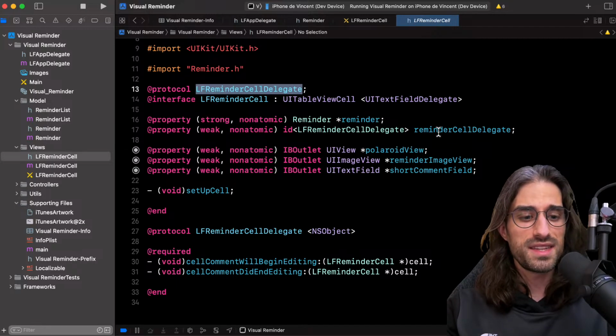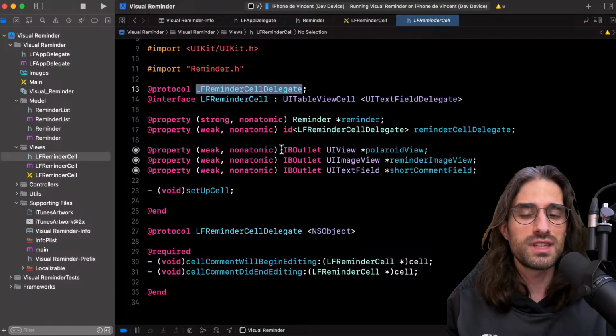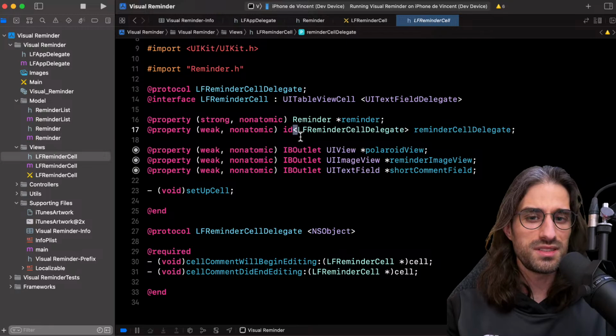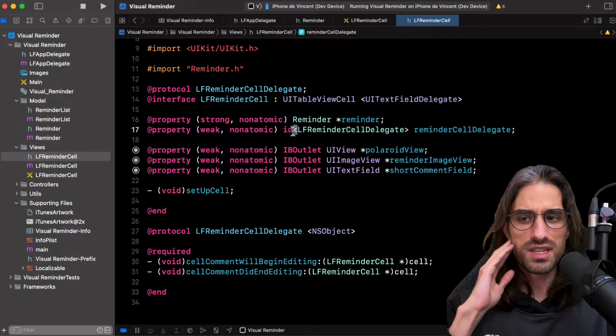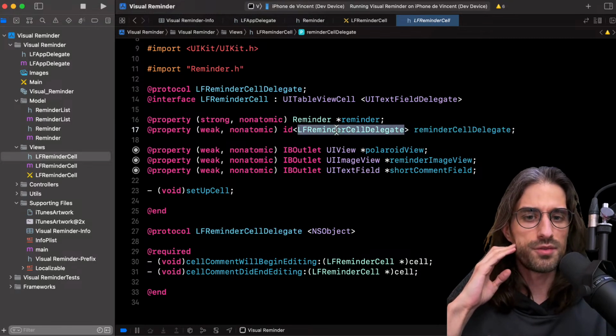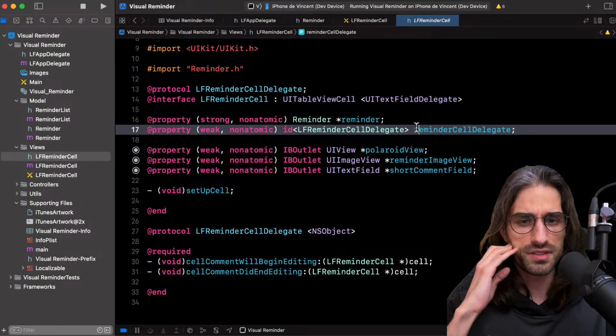So the protocol is, I guess, to say when something has changed inside the text field, or when something was deleted. And you can see that to say I'm referring to an object that implements a protocol, we say id, and then between these two things, how are they called in English? Angle braces, I think. Between the angle braces, we have the name of the protocol. Once again, we use id, and there is no star because of it.